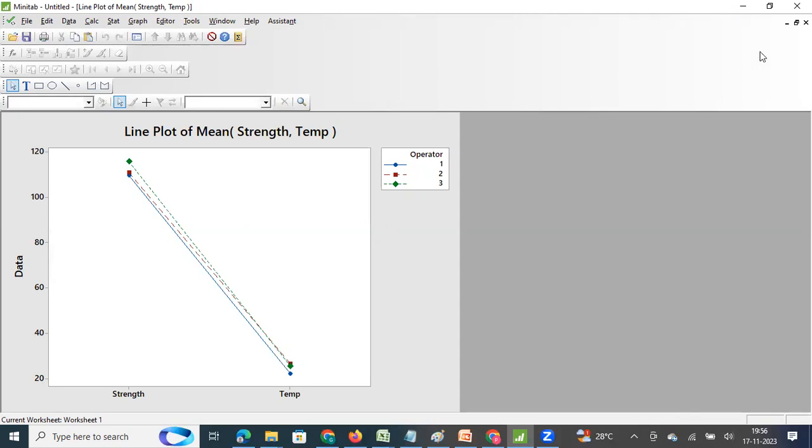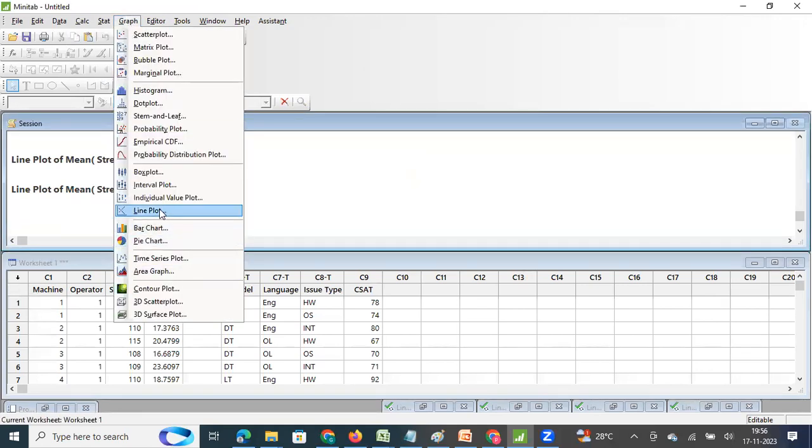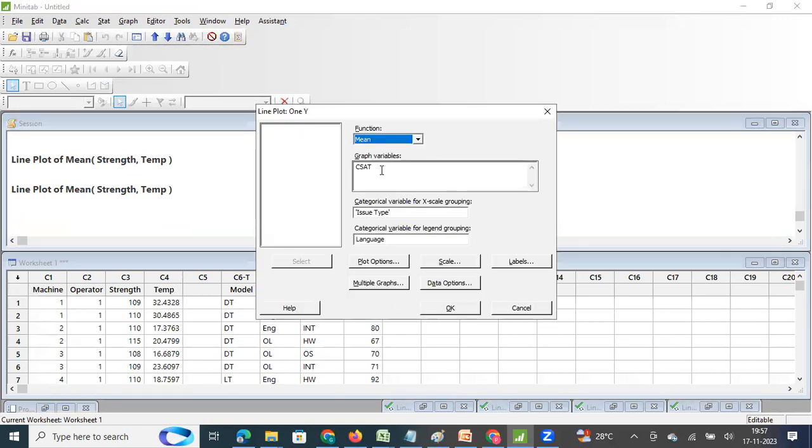And friends, in this example we will try and see how the previous graph comes out, like how we did a CSAT analysis. Similarly, we will do an analysis to understand how the line plot is used to understand the interaction effect of machine and operator on temperature. So I'm going to select temperature as my response parameter, and in interaction, I'm going to select machine and operator. And now I'm going to click OK. When I select machine, operator, and I select strength as a parameter,